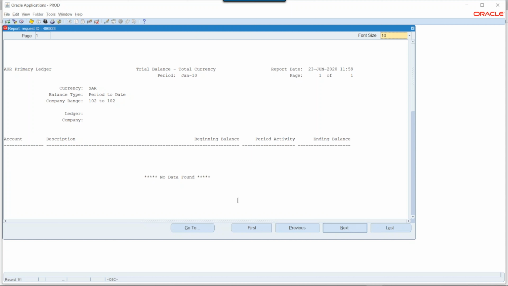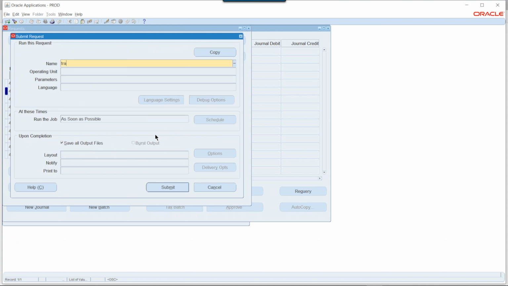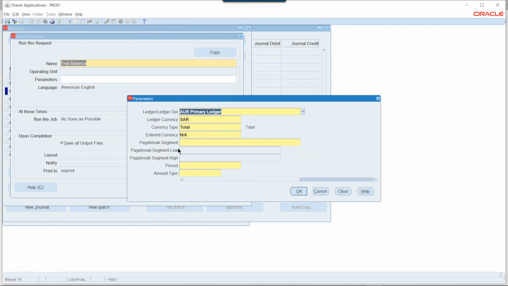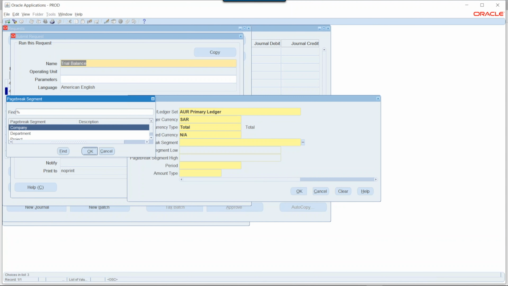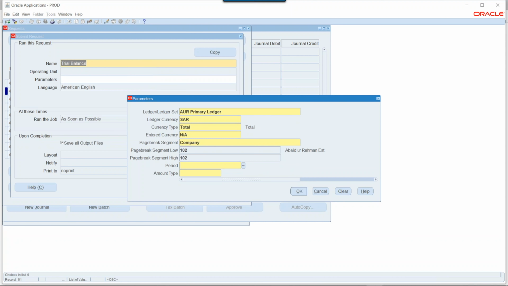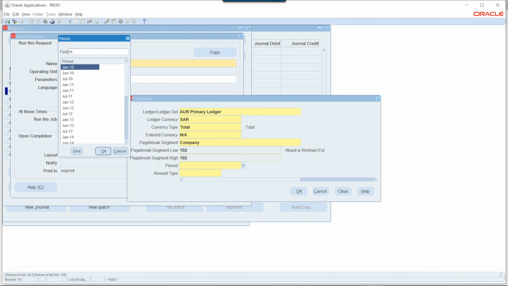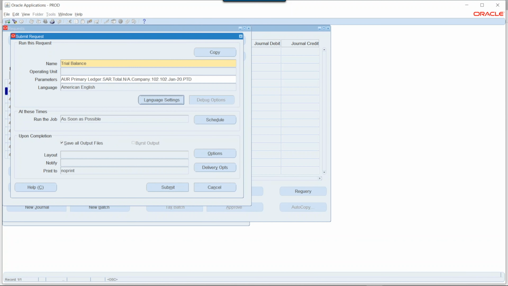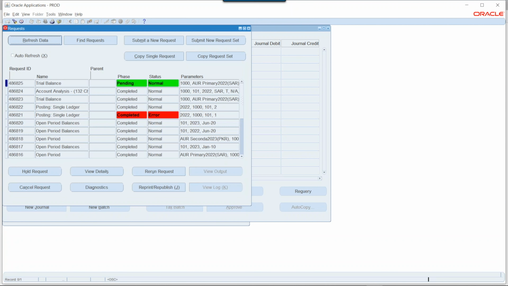This is the trial balance also, because I ran the trial balance on January 10 by mistake, so the trial balance is showing no result. Now I'll run it again with the new parameters. Now I choose January 20 and I choose period to date. So we have period to date, we have year to date, we have project to date. Now let's see what it will show in January 20